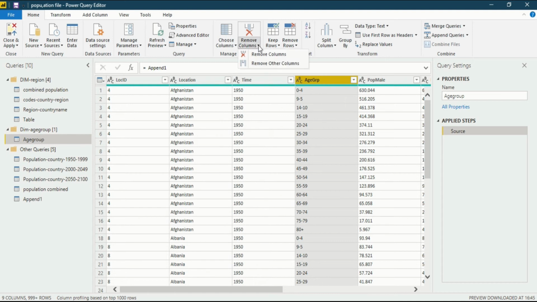In the lower section when you click, you will see remove other columns. When I click, a dialog box opens and shows remove all columns from this table except the currently selected columns, and that's what we want to do. We don't want to remove this column.